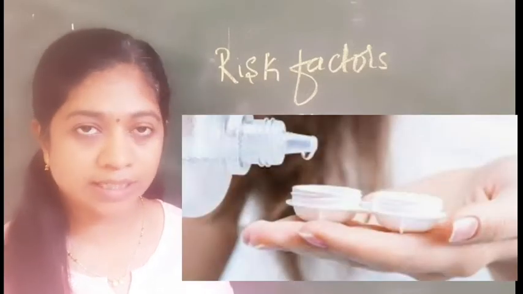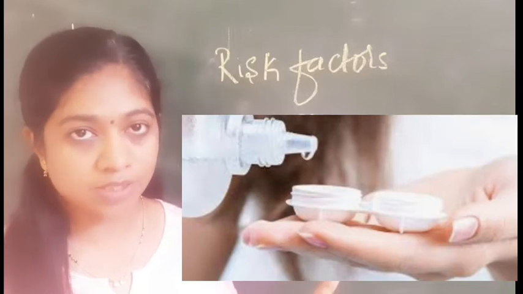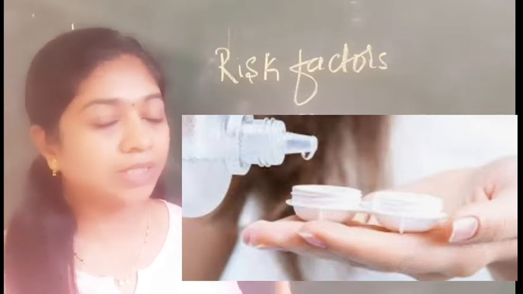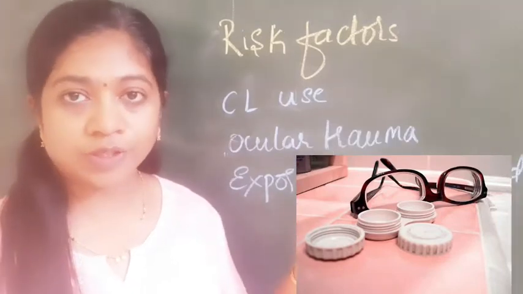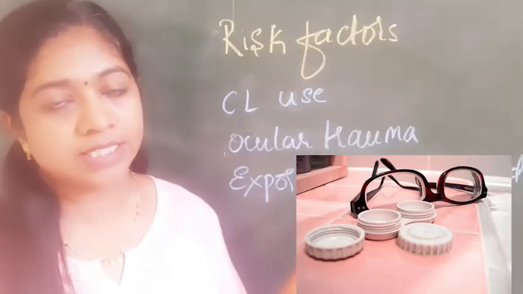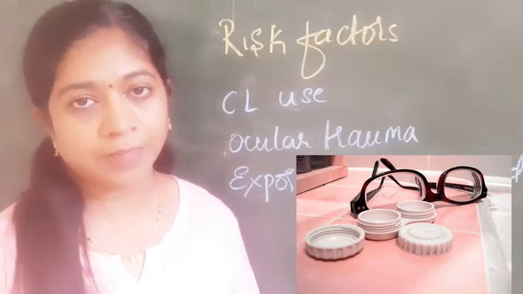So this acanthamoeba occurs in the immunocompetent persons who use the contact lens in an unhygienic way. That is, the contact lens solution can be infected, or they can use the homemade saline or the homemade water solution to use the contact lens. So that can predispose these patients for the acanthamoeba keratitis. And minor amount of ocular trauma is necessary to initiate this process of infection, and if they are exposed to the contaminated water, they will develop acanthamoeba keratitis.